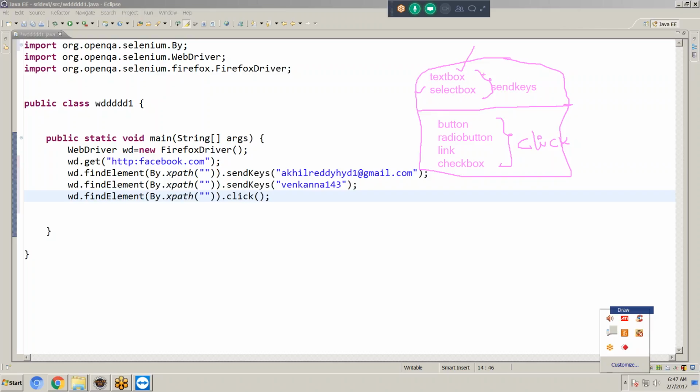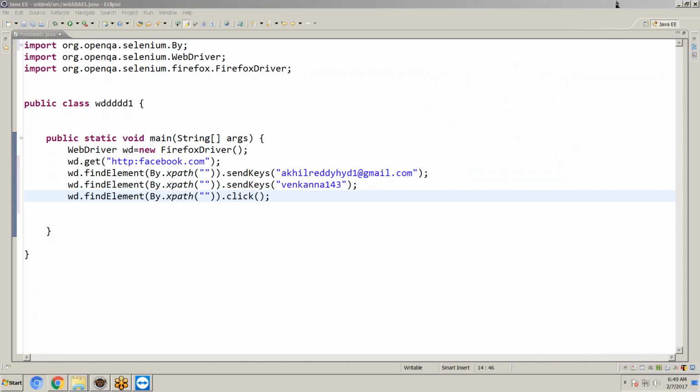If it is a button, radio button, link or checkbox we will use click. Okay, right. Next, how to download Firebug and Firepath.